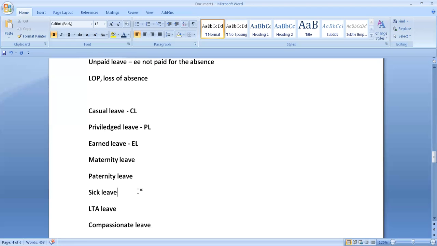So for sick leave, an employee need not produce any medical certificate if it is for 1 day, according to the Shops and Establishments Act in India. If the employee is sick, he or she need not produce a medical certificate. When the employee is claiming sick leave and it's approved, it can be maintained for more than 1 day. Then the company may ask for a medical certificate, for example, though it's not mandatory.